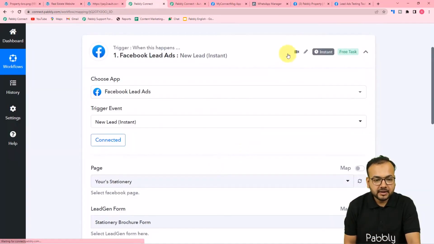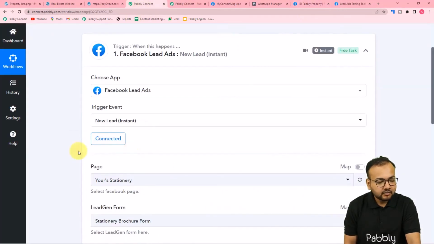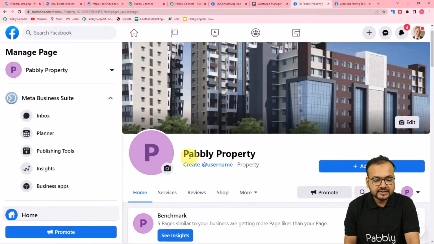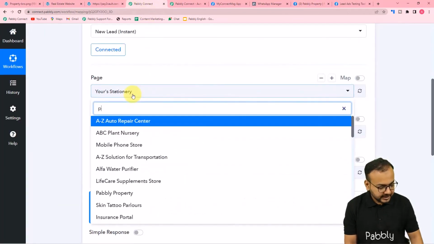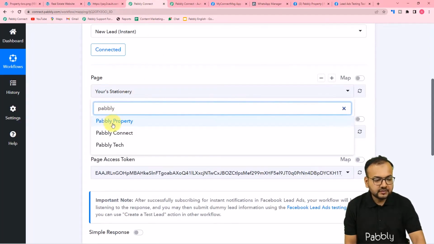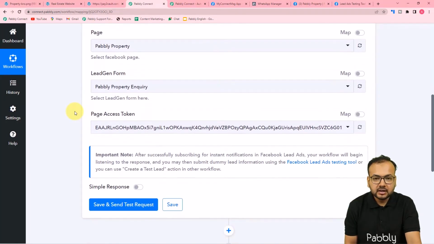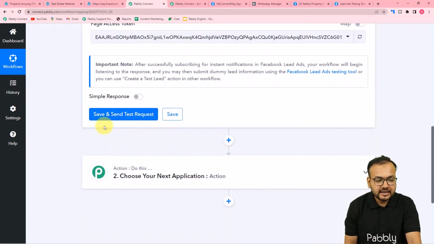As I have already logged in to my Facebook, you can see here this is my page, it just got connected here. Okay, and here it is asking to select your page on which you are running the ad. So this is my page, guys, named Pabbly property. Here I'm going to select this page, Pabbly property, this one. And this is a form attached with this Facebook page. So I'm running an ad on the page, and whenever someone clicks on that ad, a lead generation form will open up. So this is a form connected with that ad. Now I'm going to click on save and send test request,